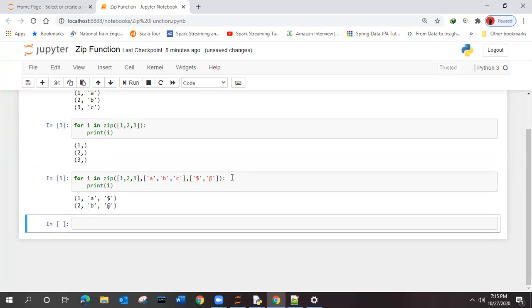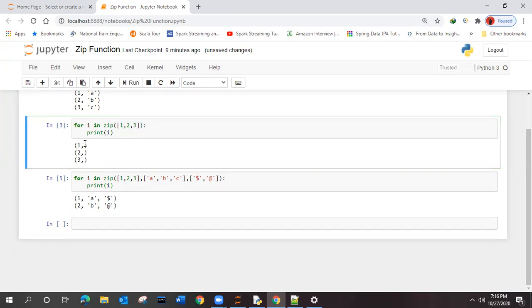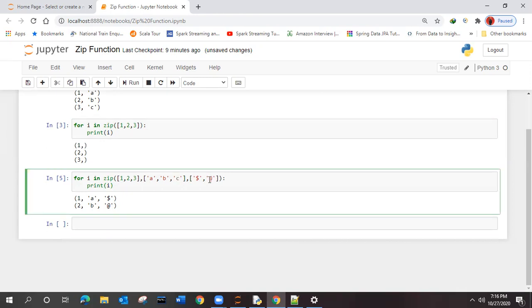If I execute this, what it did, it removed the third element because it doesn't find a suitable option for zipping, right? If you are giving only one, it is fine. It is giving you the tuples, and the second element is left. It is not present, right? But here, if anyone is missing, suppose I'm increasing one over here, right?